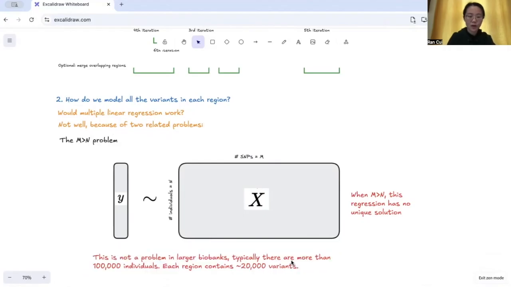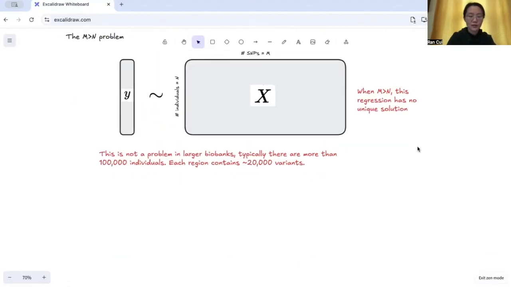This will not be a problem because typically we have more than 100,000 individuals in a large biobank, and each region typically contains about 20,000 variants. So this matrix will still be taller than it is wide. So even if we can solve this m greater than n problem, there's still another problem, which is the highly